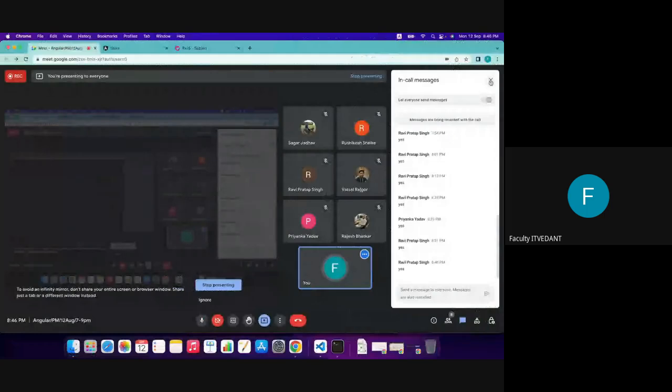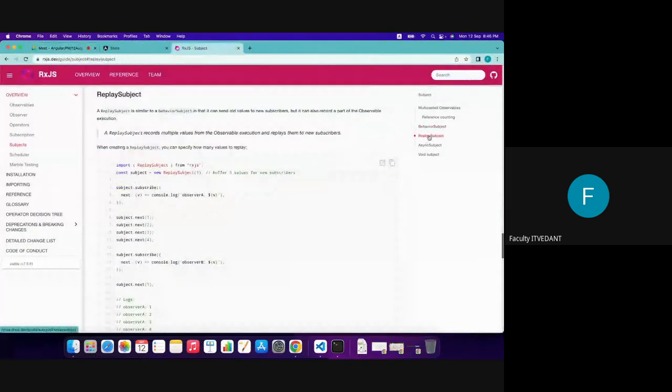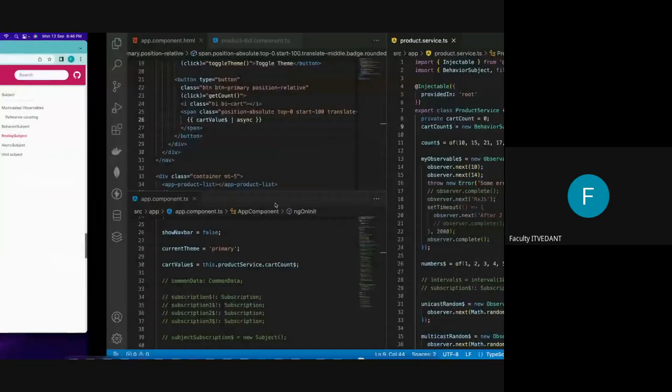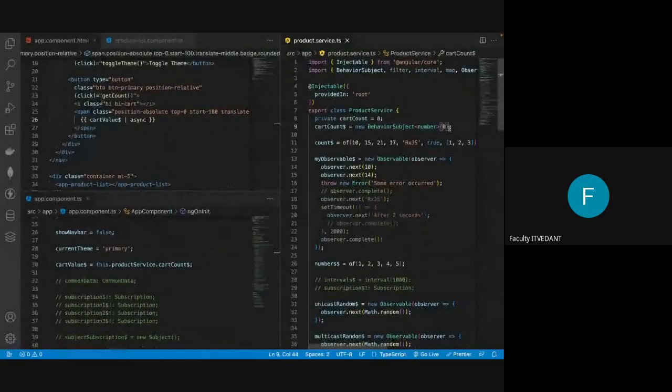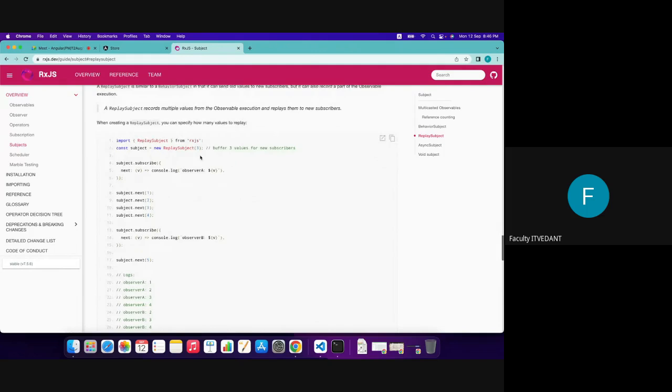Cool. Okay, like behavior subject we have other subjects as well, like replay subject भी है। तो replay subject क्या करता है कि behavior subject will only emit a single value, but replay subject में you can specify the number of values that you want to emit after new subscription happens. Okay, so वो buffer करके रखता है। You can see the buffer value here, यहाँ पे इसी example में देख सकते हो, यहाँ पे like 3 लिखा है, okay, तो ये 3 values like previous 3 values store करके रखेगा।